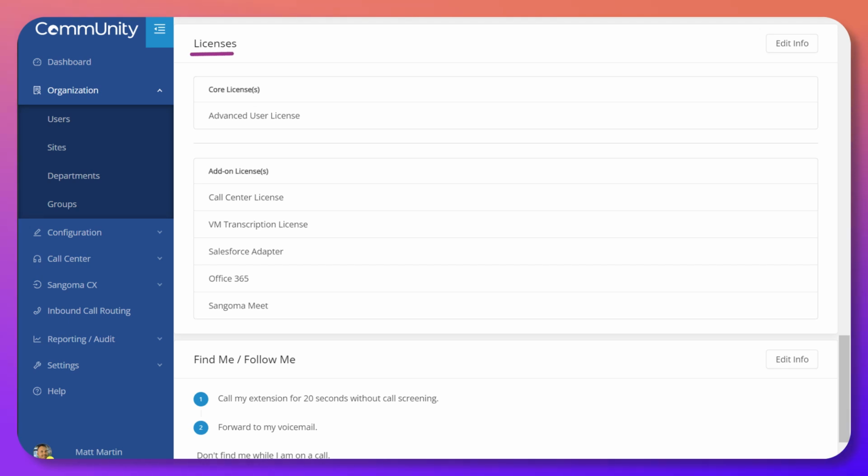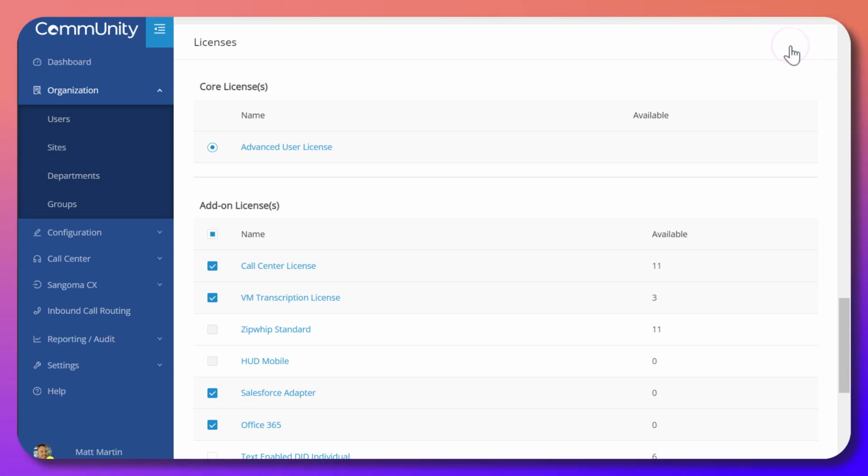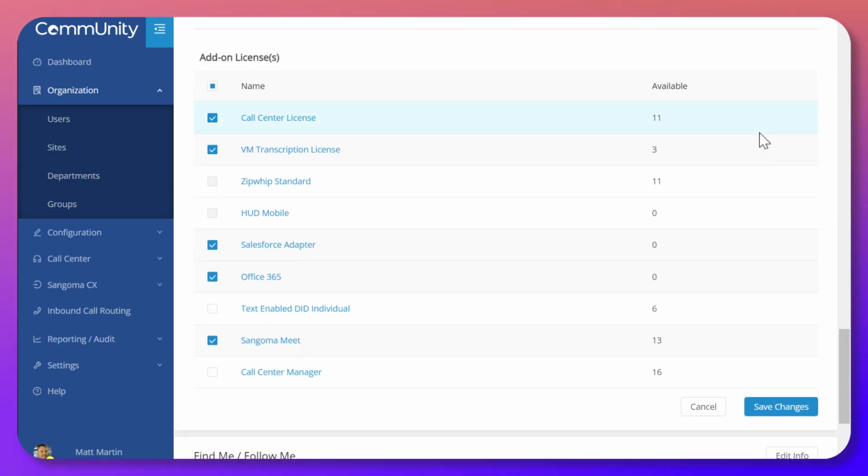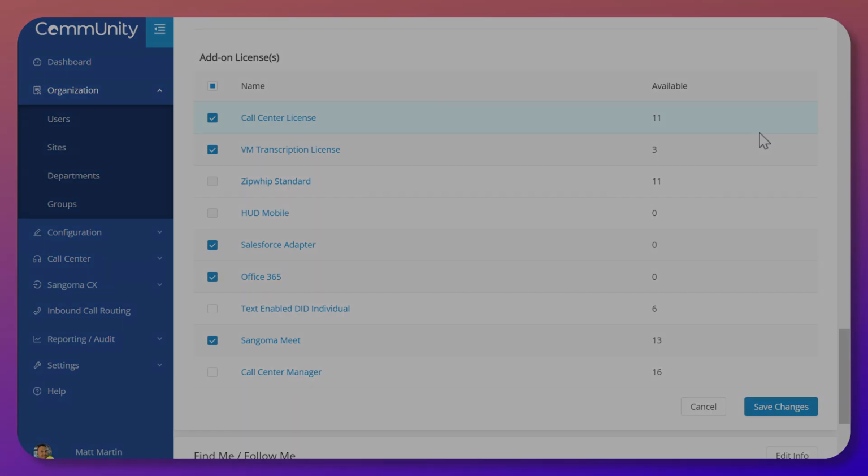Licenses can be managed from the next section, with the available options depending on which add-ons you've purchased and the availability of existing licenses. The top-down view displays which licenses are already assigned to this user, while editing will show an exhaustive list of licenses that can be assigned further. Licenses live under the configuration menu and are covered in greater detail in another video.